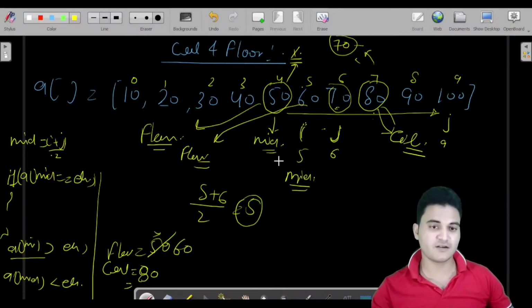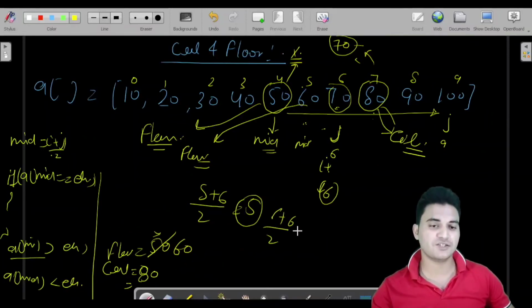And we'll repeat the process. So now our mid was pointing here. Now I would be pointing to the next element after mid, so I would be mid plus 1. So I is here, which is 6. Again, we would calculate the mid position, which is (6 + 6) / 2, so we would get 6. Now our mid is pointing to 70.